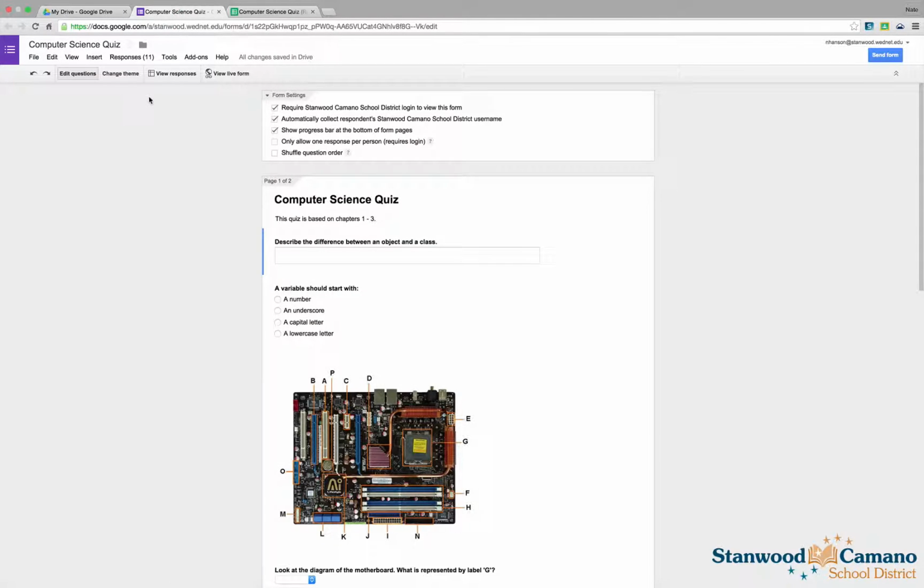Now, a couple things here. In the responses menu, I can choose to turn off responses. So I can make the quiz inactive by clicking the accepting responses. Right now it is accepting, and there's a little icon of an arrow going down into a box. If I click that,